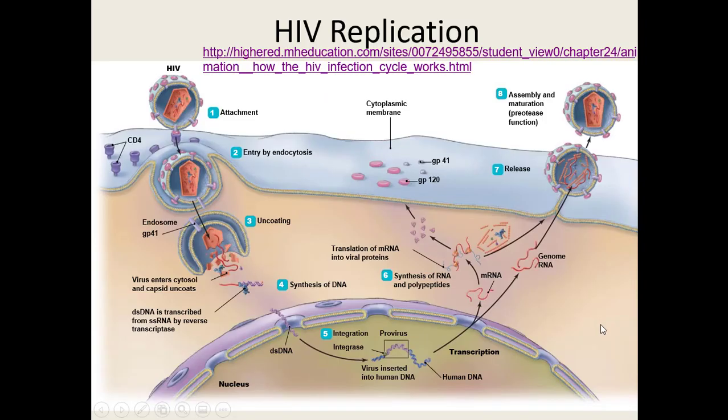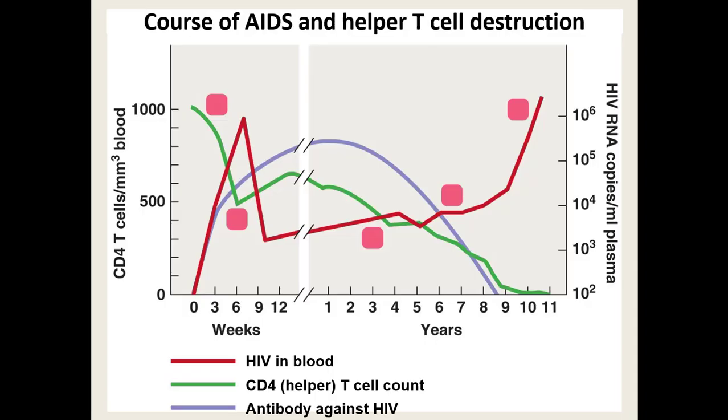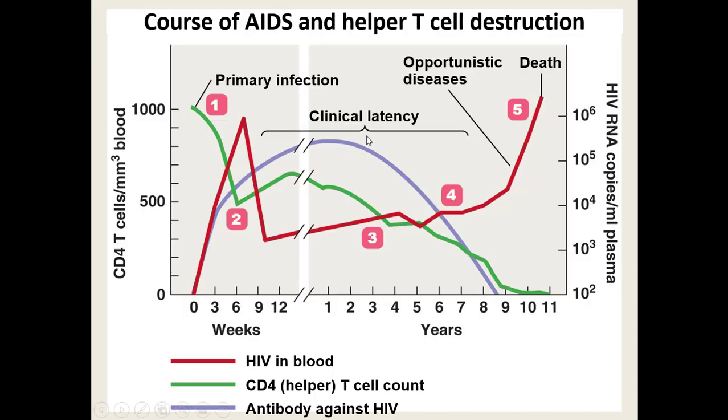Now, the course of HIV eventually leading to the AIDS stage. The primary infection. So we're going to look at HIV in the blood. There's not a lot right away, but it does skyrocket within the first few weeks. Your cells do become virus production factories. However, this is the same time a lot of your T cells are dying, but you are making antibodies against it. So between the antibodies